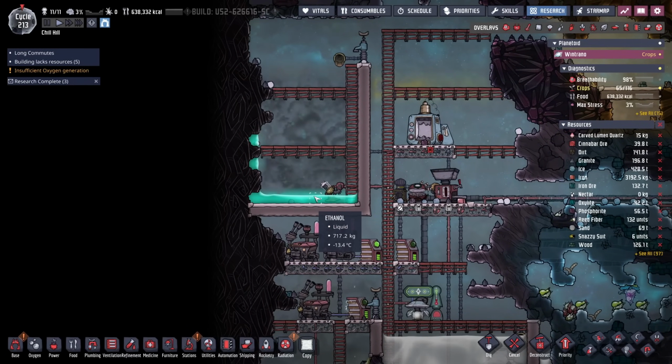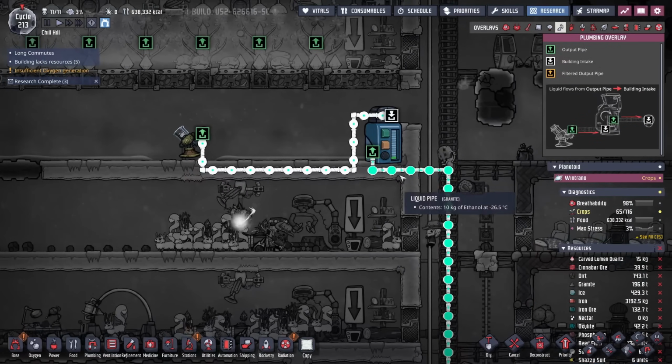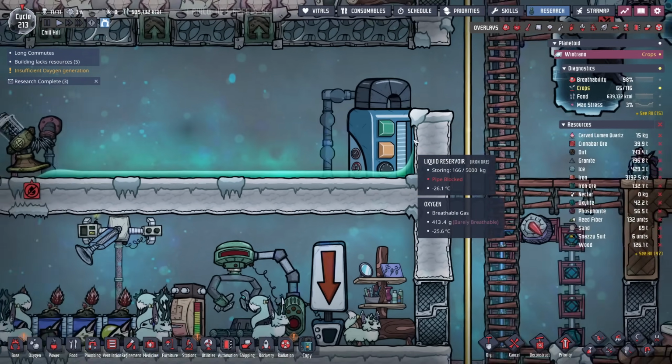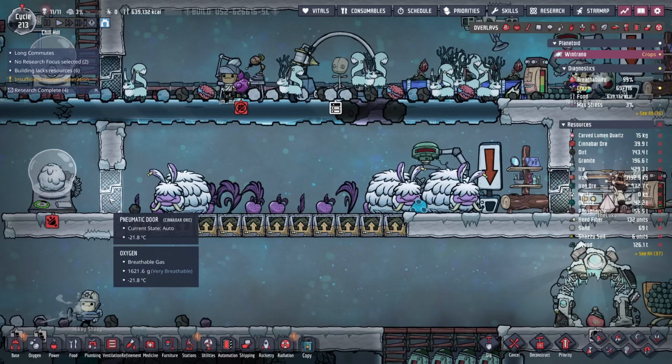Ooh, our ethanol stores are getting a little low. Fluffy little seals, I need you to make more ethanol, please. All right, it does look like we are getting some excess here at 160 kilos? Maybe we reduce the amount of mammoths that we're maintaining to, say, 2 mammoths, and that way I can dig